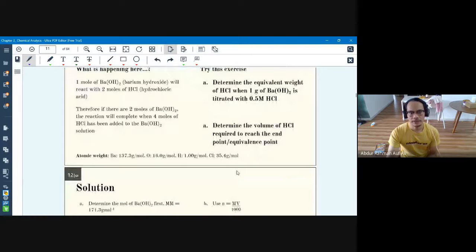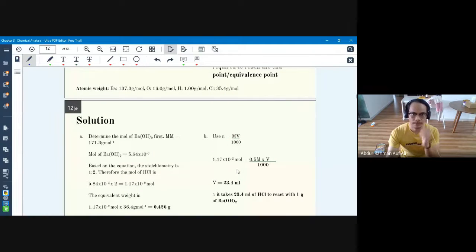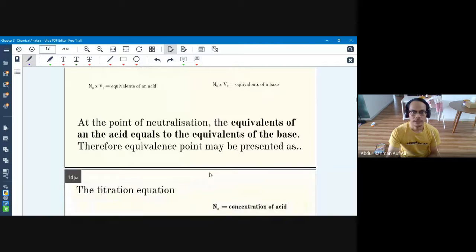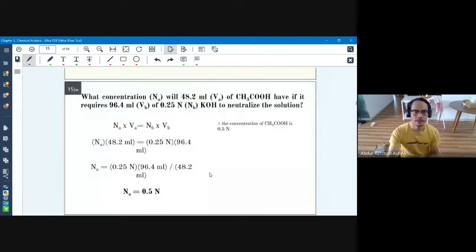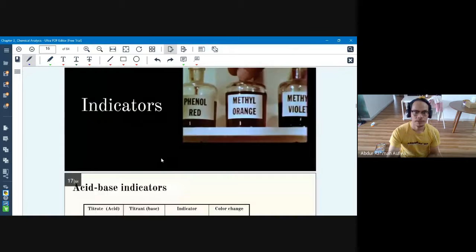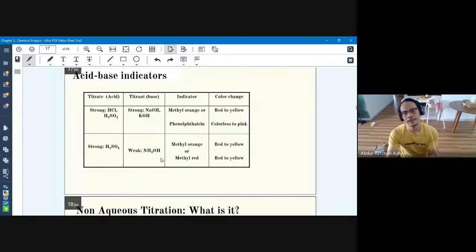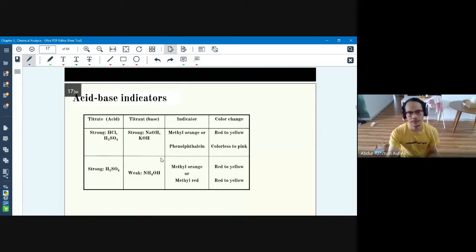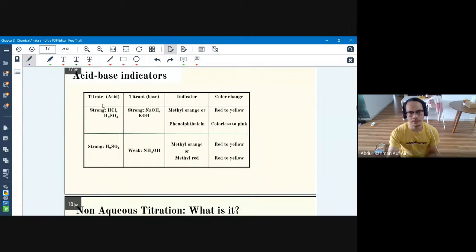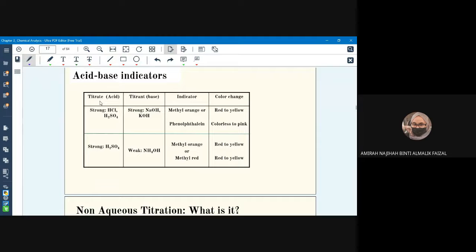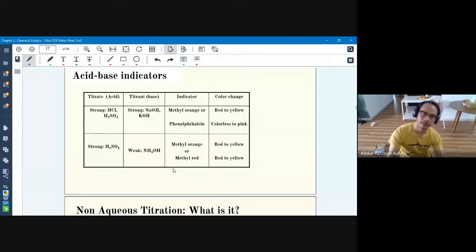Okay, so all these things that I've gone through dalam chapter 2. So acid base titration, so these are all the M1V1 equals to M2V2. Oh, that's right. Tadi this is the lecture note yang saya mention, saya refer to just now. So this is the table yang saya maksudkan bila saya cakap ada indicator yang kita gunakan according to the strength of the solution. Phenolphthalein. Phenol tu lain.